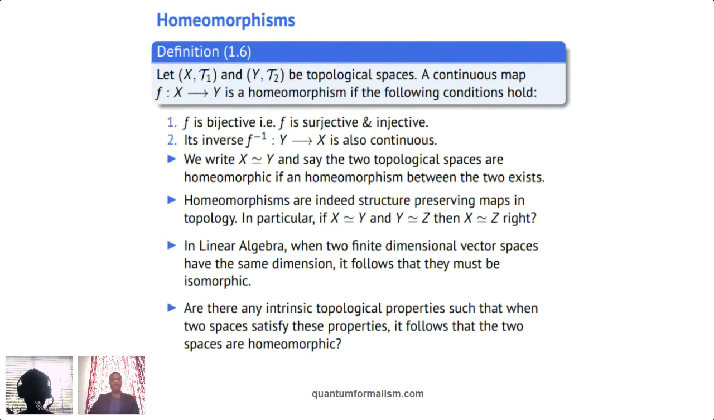We'll have that later in the manifold section potentially. In linear algebra, for example, when two finite dimensional vector spaces have the same dimension, it follows immediately that they must be isomorphic. So the moment you prove that they have the same dimension, they are isomorphic. The dimension is like an invariant, an intrinsic property of linear spaces. Now the question is, are there any intrinsic topological properties